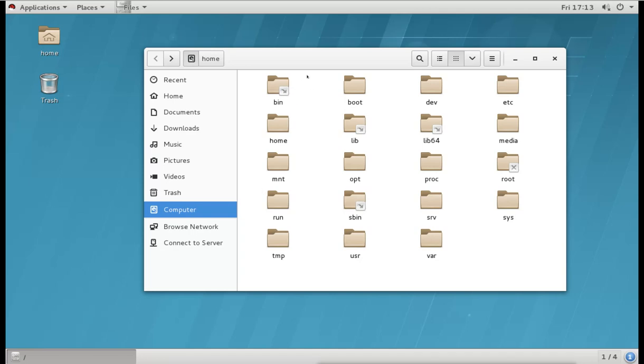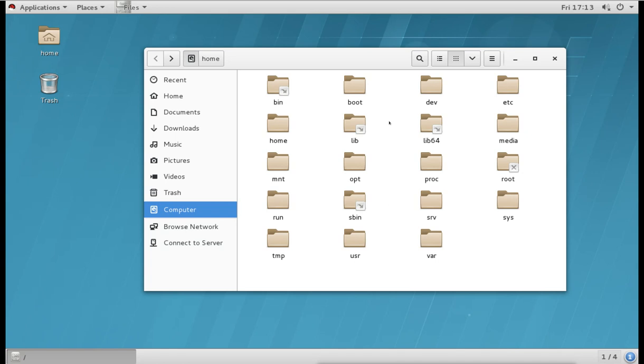We can compare this to Windows, where we have the C drive. Under the C drive we have some system directories and files. We don't create them, but when we install the operating system, those files are automatically created. So these are the system directories, and they will be created after the installation whether we want it or not. But for these directories, we can create partitions.